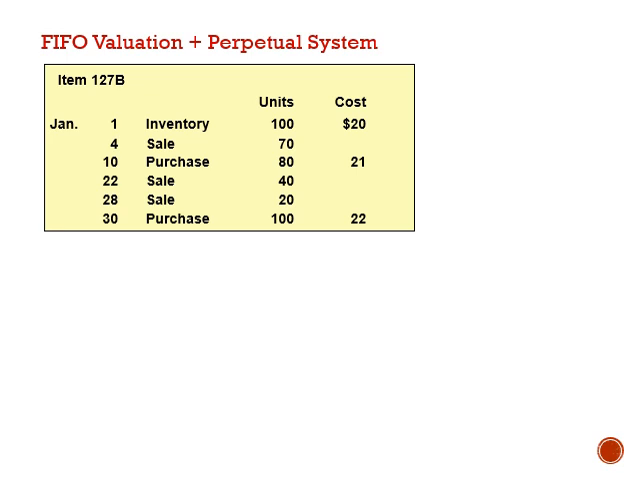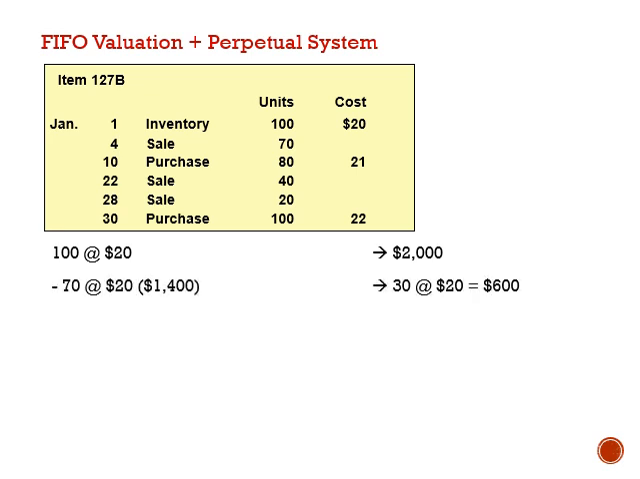Let me show you how we can determine the same thing without the table. On 1st January, we have a balance of 100 units at a cost of $20, so the total cost is at $2,000. On 4th January, there is a sale of 70 units, thus the minus sign there, at $20, so we have the cost for the goods sold at $1,400 and leaving a balance of 30 units and total cost of $600. On 10th of January, there is a purchase of 80 units at $21 per unit, thus the plus sign there, making the new total cost to be at